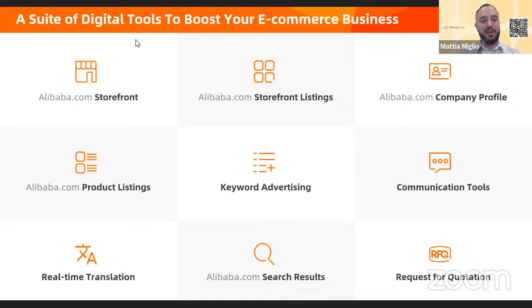Companies can have their own storefront on Alibaba.com that follows their company, their corporate identity. They can post unlimited products on Alibaba.com. Creating a storefront in a B2B e-commerce platform is completely different from a B2C e-commerce platform because you will need to advertise your company profile, your certification, the capacity of your company, the production capability, the marketing support that you